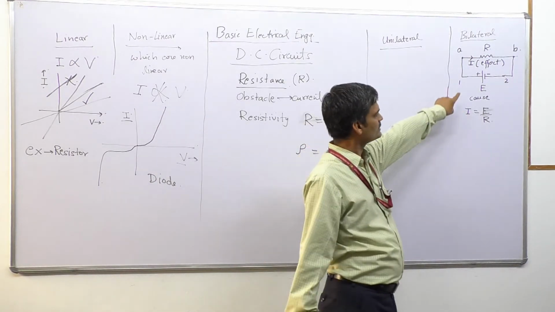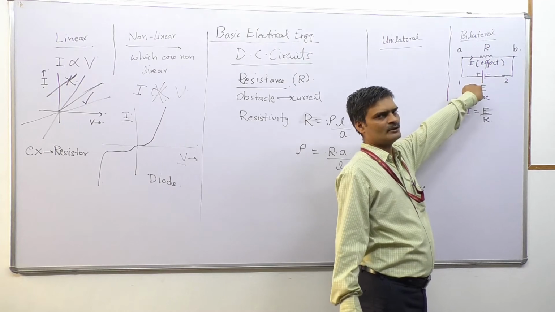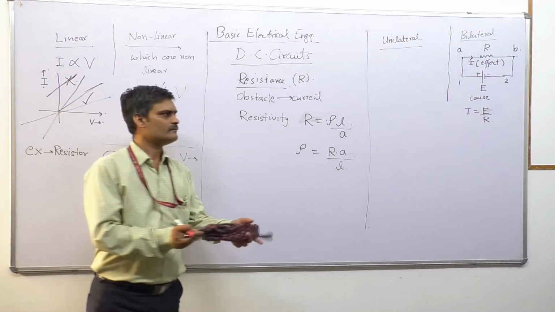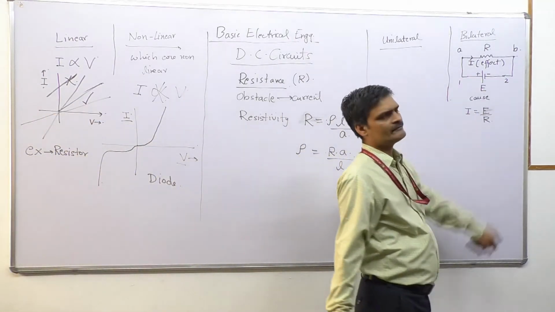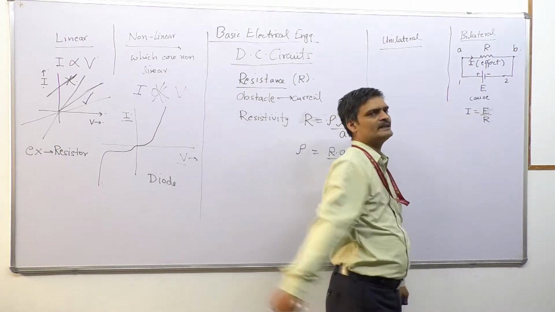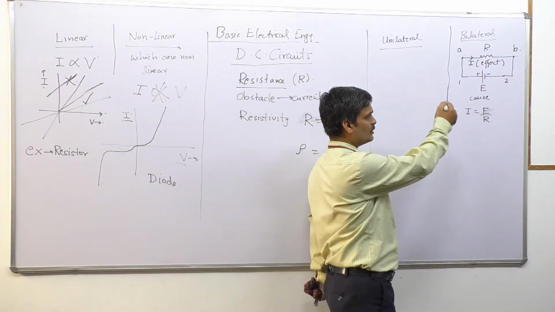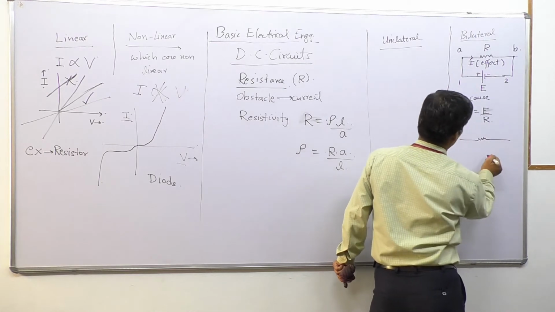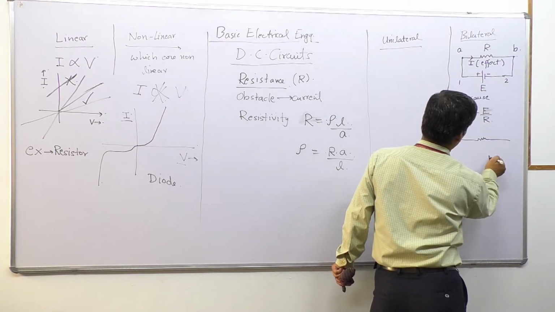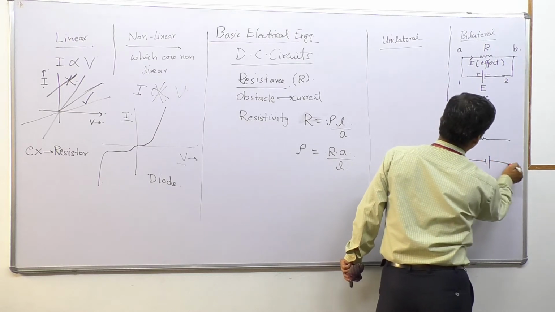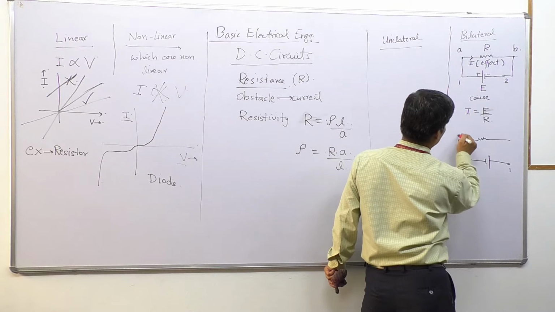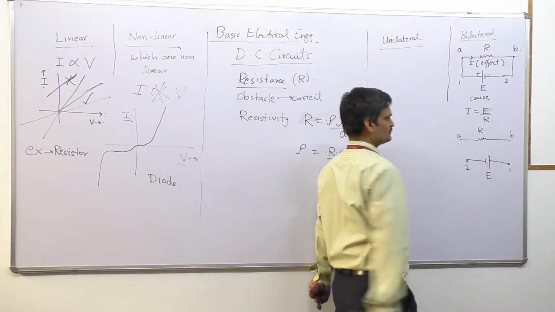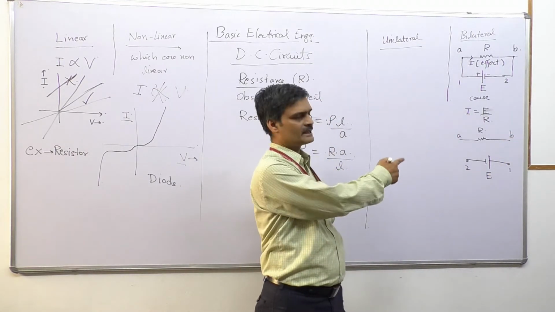So from this circuit we are going to understand the concept of bilateral elements. Now that we have a knowledge of what is cause and what is effect, we are in a state to define the bilateral elements. So if we reverse the direction of cause, this is terminal 1 and this is terminal 2, terminal A and terminal B remain the same, and the value is the same, E. So we have reversed the direction of cause.